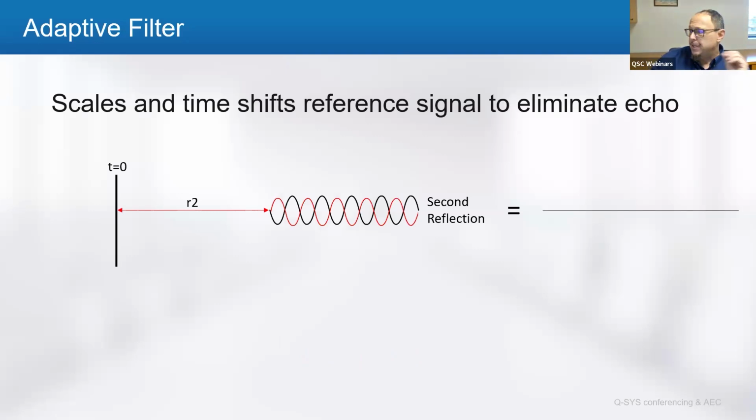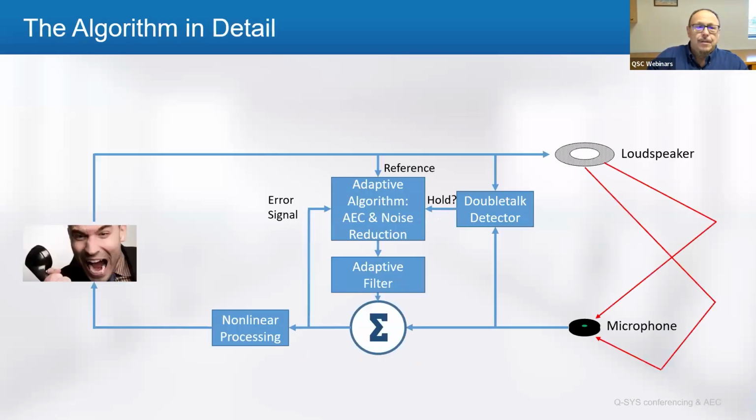So we scale, we time shift that second reflection, but like I was saying, then we move on. So, parts of the AEC algorithm here. The incoming signal goes into the AEC reference. Your incoming signal will go into the reference itself. And then it's sent to the adaptive algorithm. The noise reduction filter